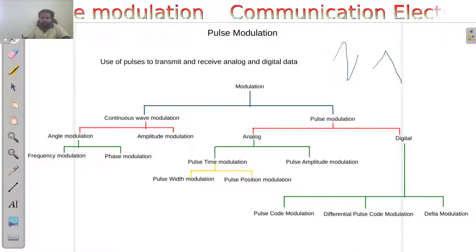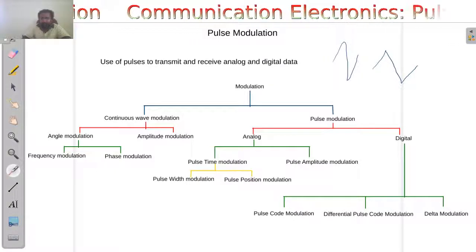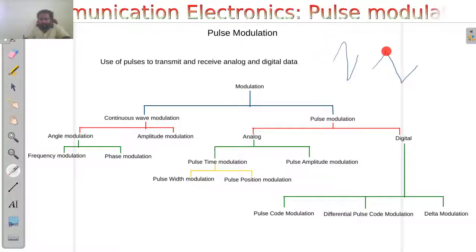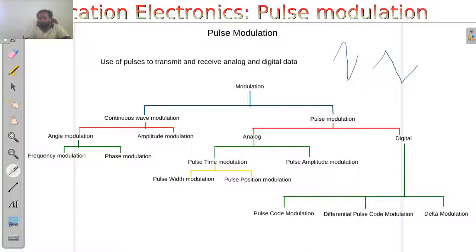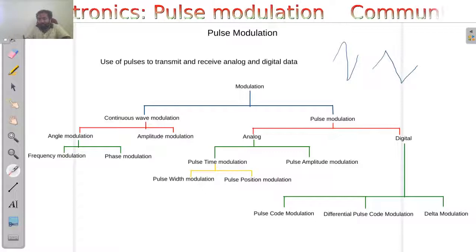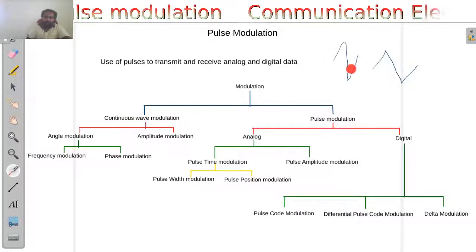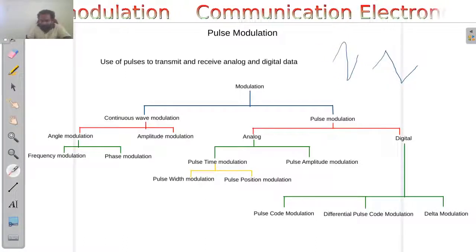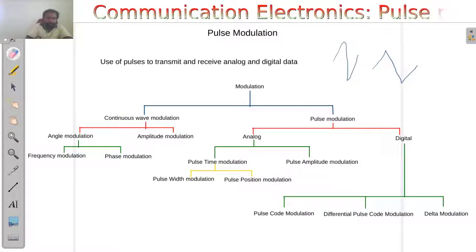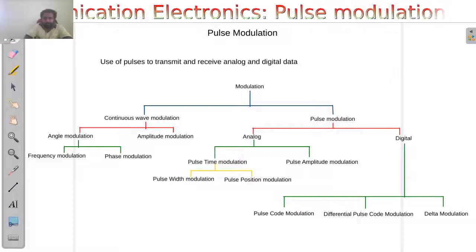You can consider a triangular wave like this, and if you analyze this triangular wave, you have two discontinuous points. One is here, the other one is here. Okay. So, at this point, there is no derivative defined for the waveform. So, you can say that this waveform is a discontinuous waveform in that aspect. Okay. So, this is not a continuous wave. So, if you take a sine wave, then it is a continuous wave because at each point the derivative is clearly defined. Okay.